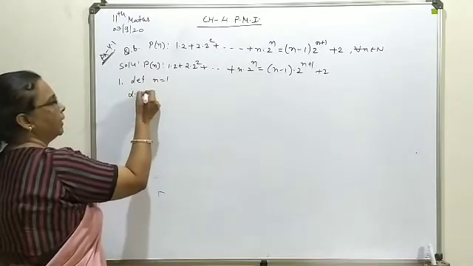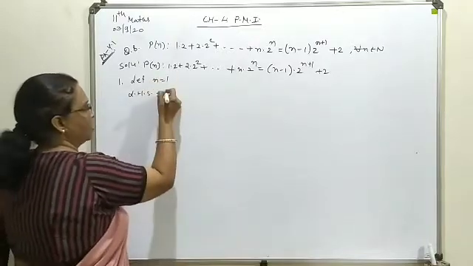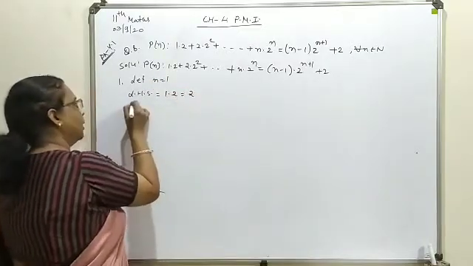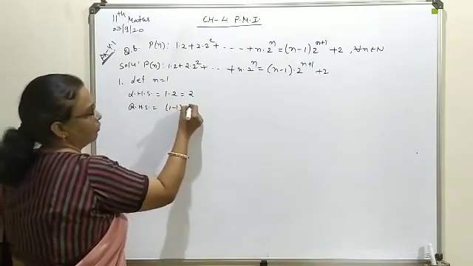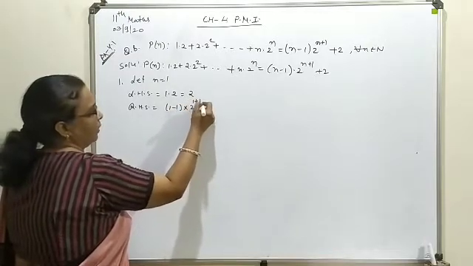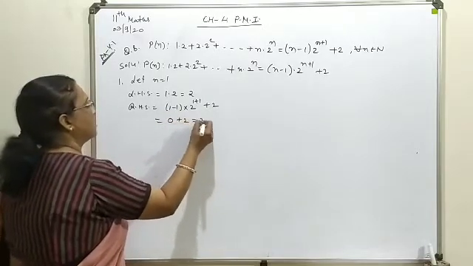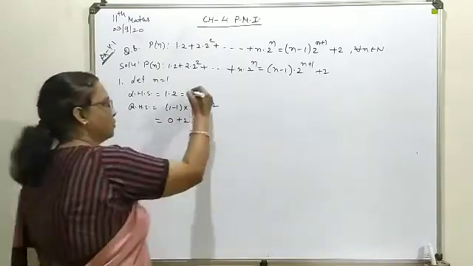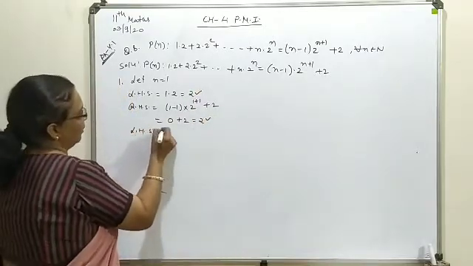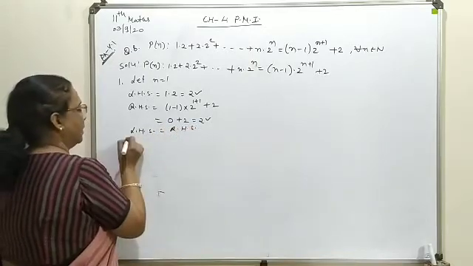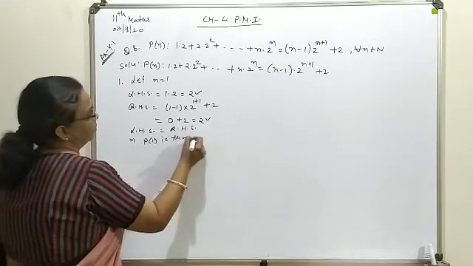So the left hand side, as we already know from all the steps, is the first term, that is 1 into 2, which is 2. Moving to the right hand side, that is (1 minus 1) into 2 power (1 plus 1) plus 2. This gives 0, and 0 plus 2 gives the final answer 2. So it is very clear that these two are the same, which means the basic condition is satisfied, and P1 is a true statement.